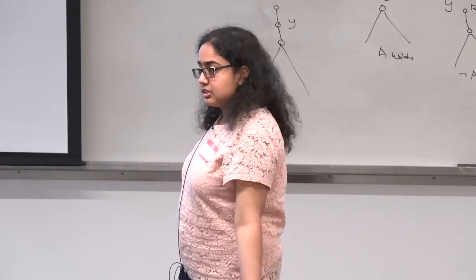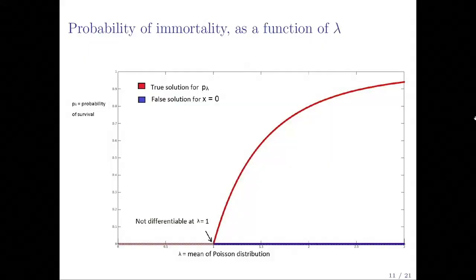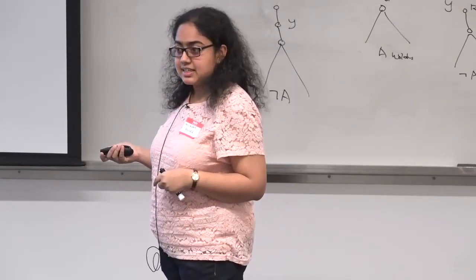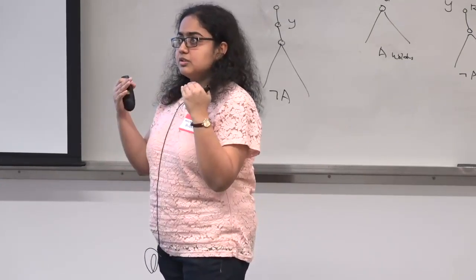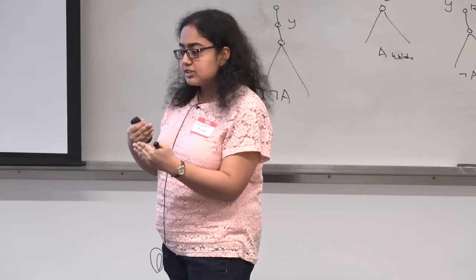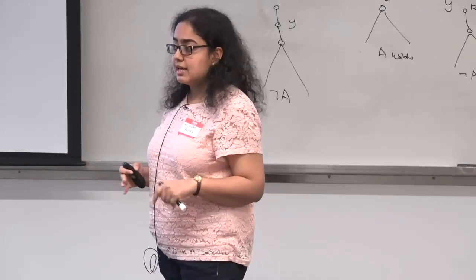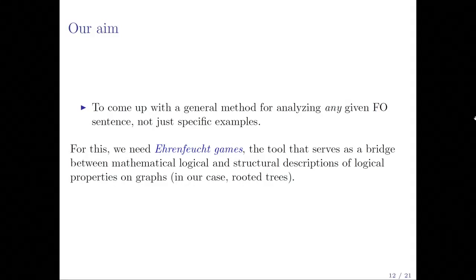And we know that the solution is not unique when lambda is bigger than 1, and that the solution is not differentiable at lambda equal to 1. So yeah, I just wanted to show this picture, but everybody's familiar with this. So the idea is not to say that second order properties will always give you something like this. It's to say that first order properties will always give you unique solutions. Their probabilities will come out as unique solutions to equations or unique fixed points, and that they are going to be smooth in lambda. And this is part of our results, which we shall discuss more towards the end.